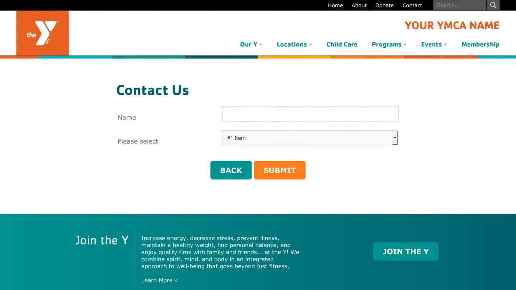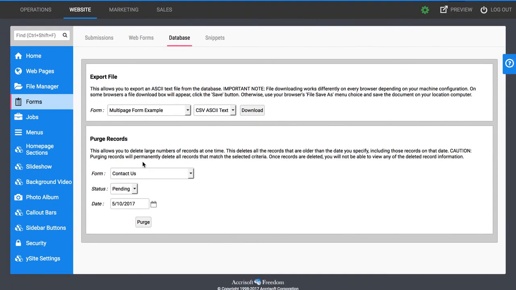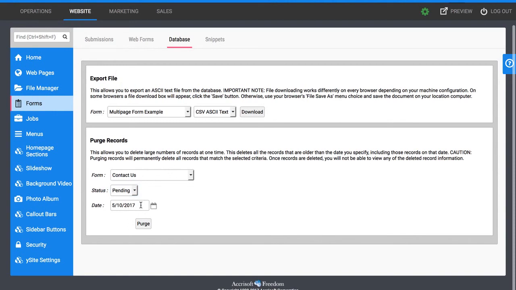Lastly, let's talk about the database tab in the Forms module. So from here, you can export CSV of all your submissions. So you can choose which form you want to export from, and then you click download CSV, tab delimited, or anything else. You can also choose to delete all records at once. So you can say everything from the contact us form I want to delete, and maybe it's only the status of pending, maybe it's only a different status, but you can purge by date, so anything prior to that date,